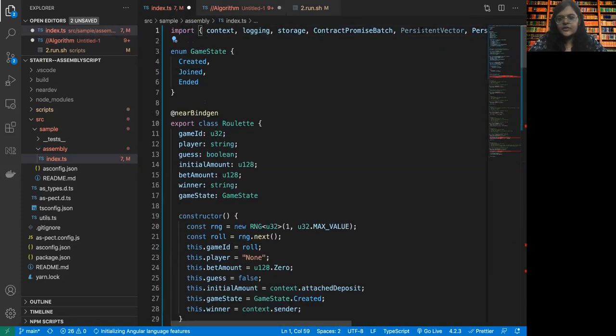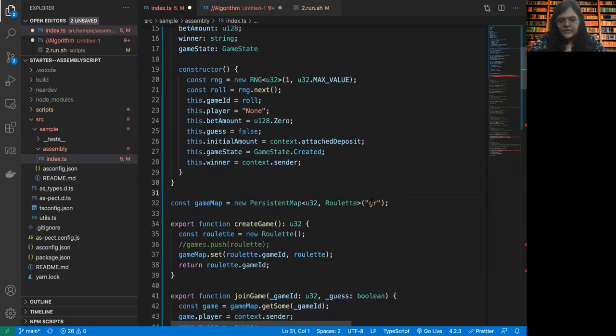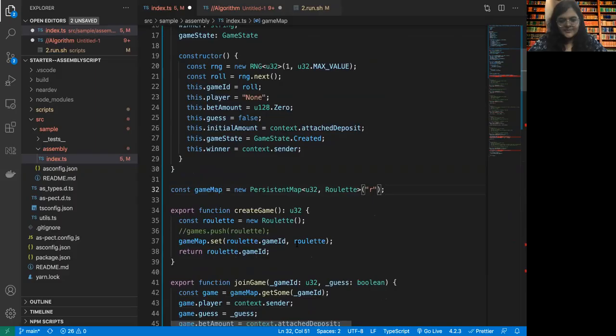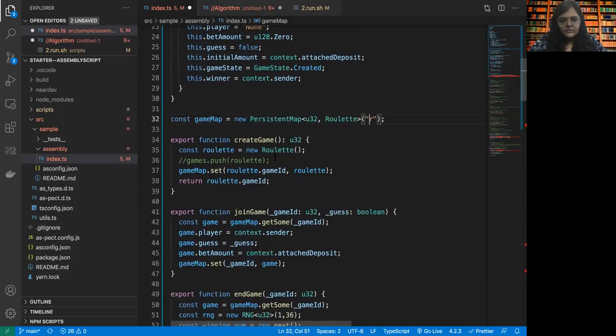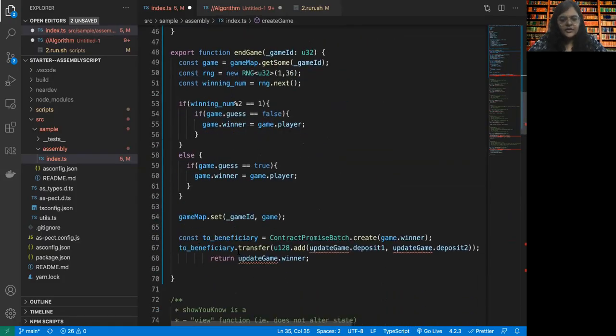So since we are not using the persistent vector, let us remove this. You can make this as short as possible, to save your memory space for easy access as well. Now the beneficiary is the one to whom all the money will go.